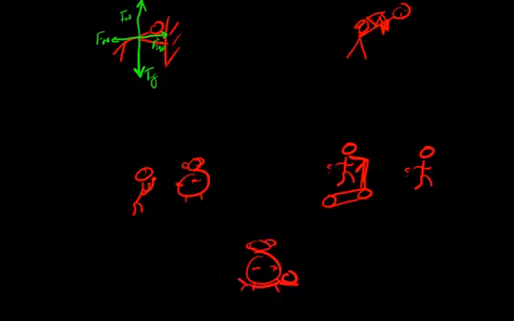Now you might be confused. You might say, what about the force that the person's putting on the wall? Well, that does not belong on the person. Obviously, this is a second object here, and a second object requires an entirely new force diagram. So if I wanted to write that, I could draw the force of the person on the wall. This, of course, being the third law pair of this one, because if I use the subscript for force normal here, that would be the force of the wall on the person. And all that really is the electrons in the hand and the electrons in the wall pushing off of one